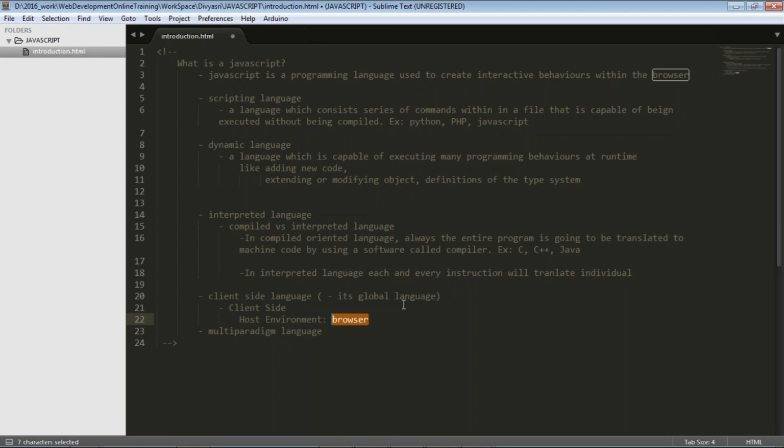Whereas C, C++, Java, Python are all executed inside the operating system, not inside the browser. So any language which is executed inside the browser, we refer to as a client-side language. JavaScript has the capacity to run programs inside the browser. In the past, people assumed that JavaScript executes only inside the browser. But nowadays